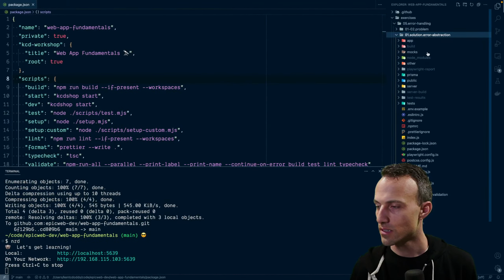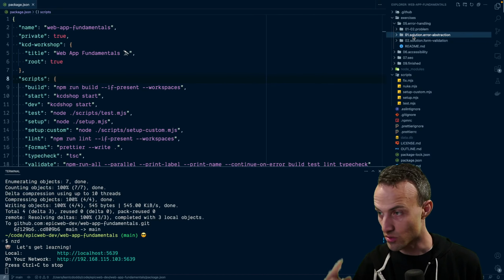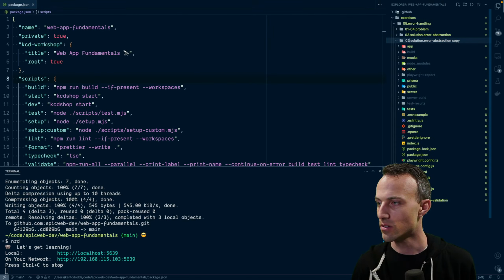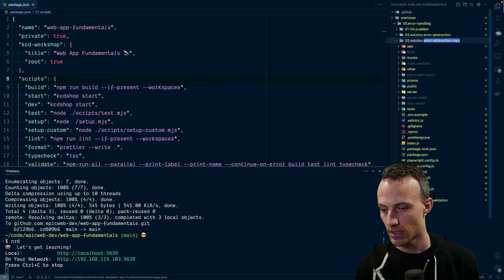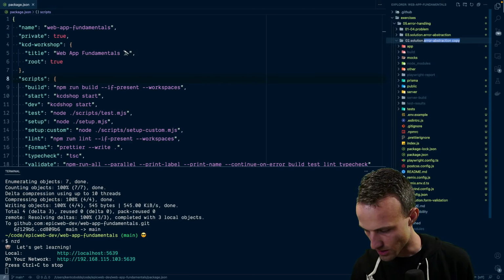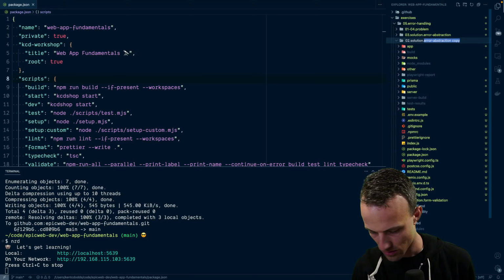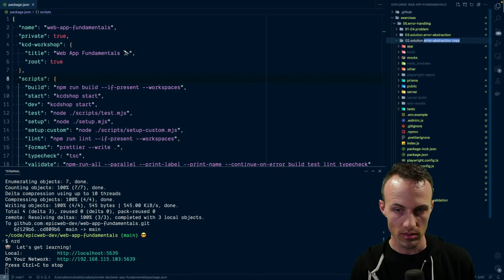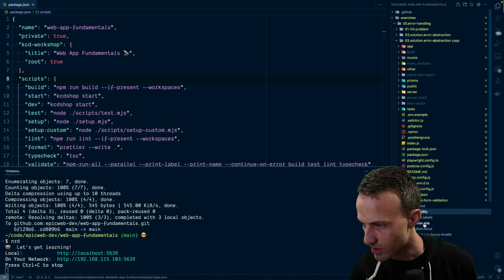Okay, cool. So now let's look at error abstraction. Yeah, so before that, we have two steps. So we're going to say this is 01 to 04. This is 04. This is 03. And then we've got one before this that is 02 solution. I forget what's the utility that we use for this.